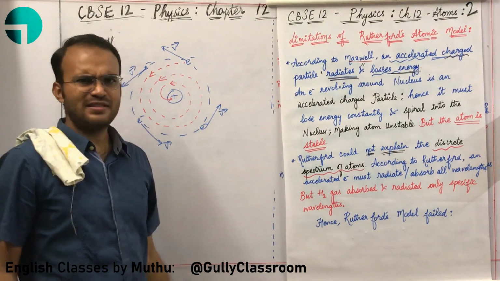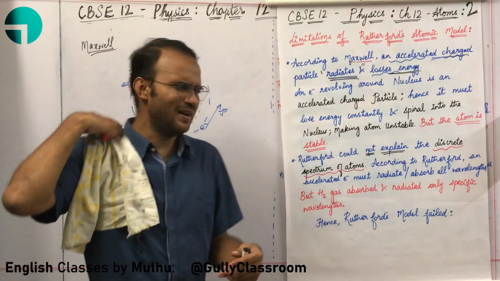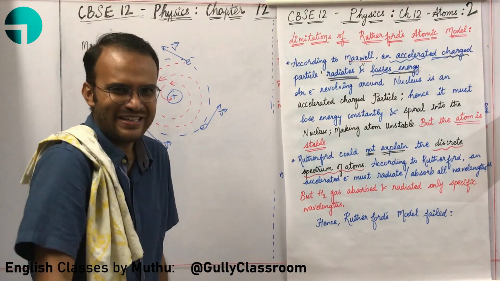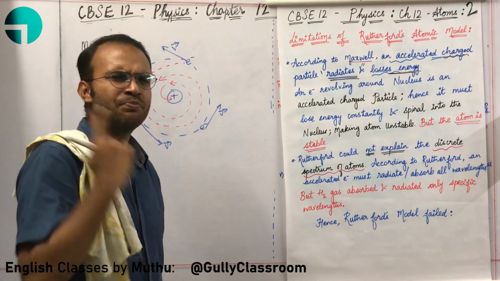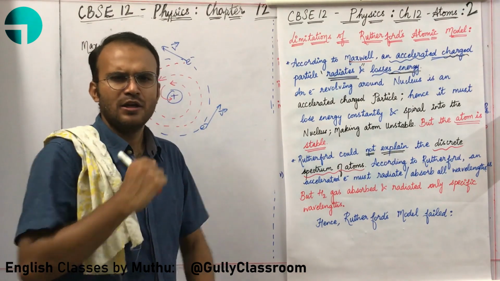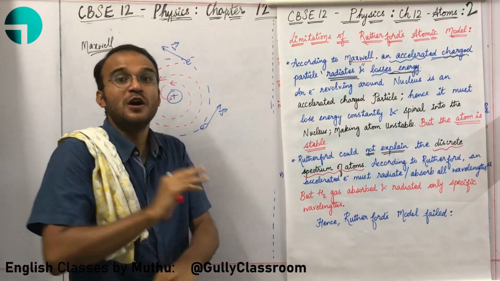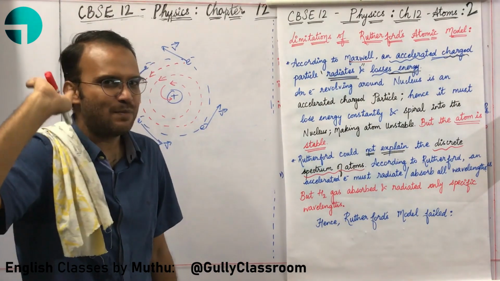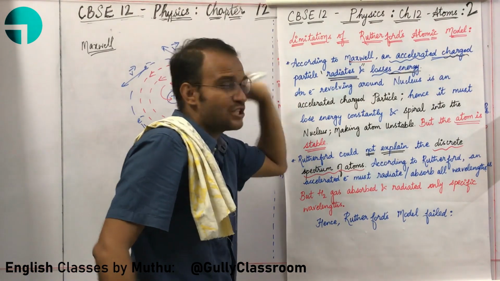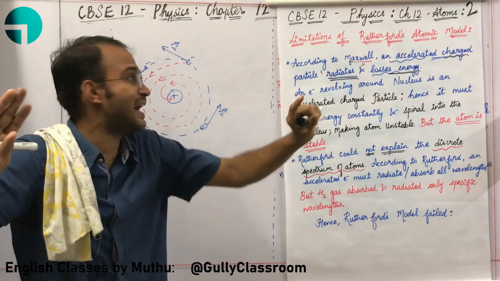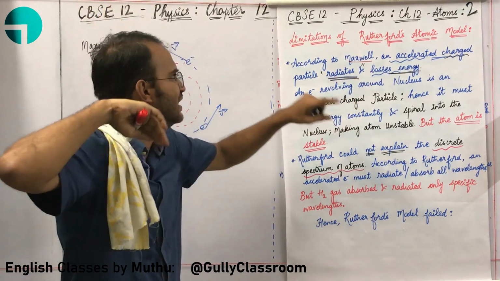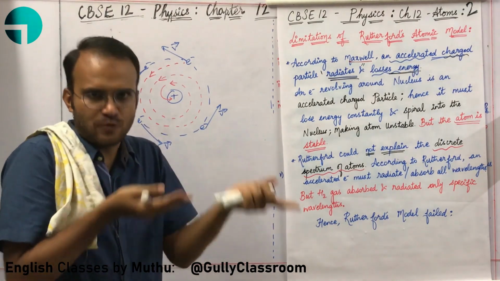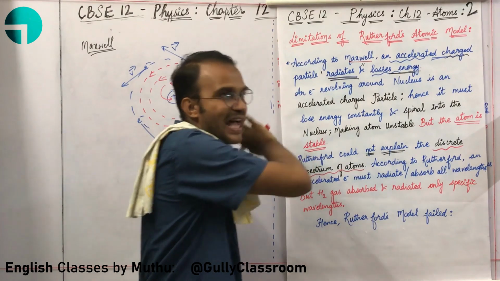Sir, but everything is stable. You are stable. This towel is stable. What is this cloth? You cannot call this a towel. This cloth is stable. This board is stable. This pen is stable. So there has to be something wrong with Rutherford's model. Why can't Maxwell's theory be wrong? Maxwell's theory has been separately proved. You will learn it later on in engineering perhaps. Maxwell's theory has already been proved mathematically without any doubt that an accelerated charged particle will lose energy. So Rutherford was not able to explain why the atom is actually stable.